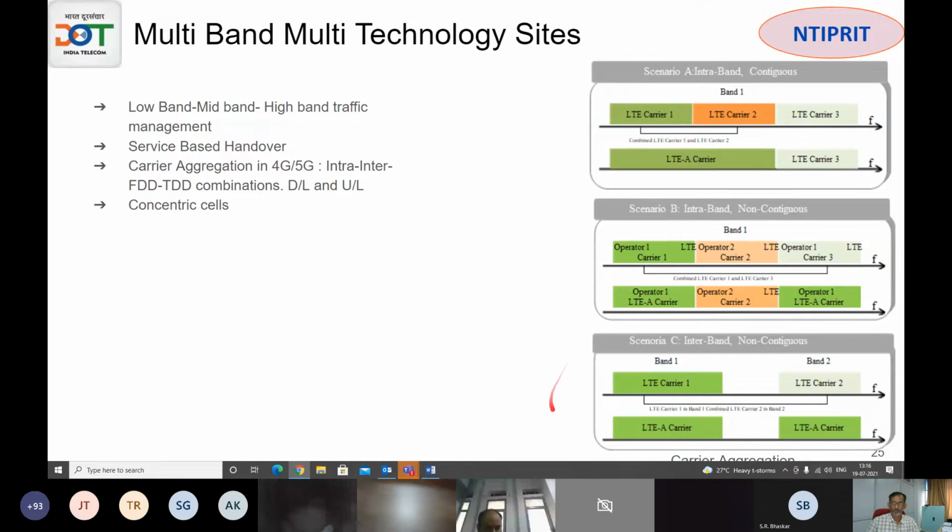If it is multiple different bands, for example 2300 and 2600, then also the technology permits the combination as a carrier aggregation. Carrier aggregation is a concept which is derived from 2G. When 2G was getting evolved, before 3G came, people wanted to combine two carriers, and the combined spectrum was supposed to be given to the customer. That technology was called evolved EDGE, because ultimately you had only 8 time slots in a 2G.